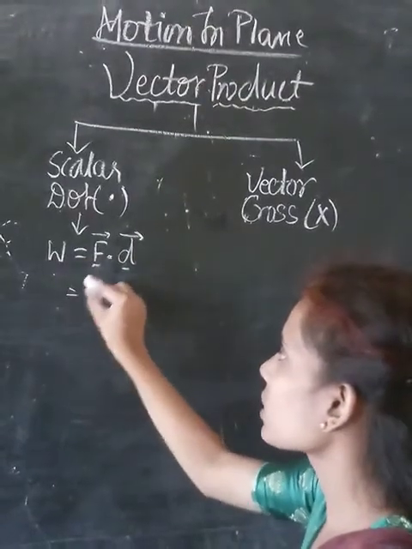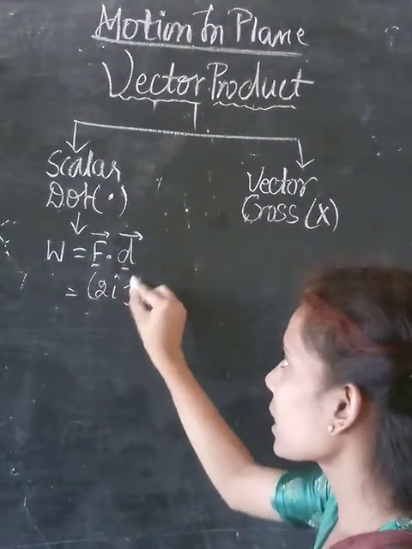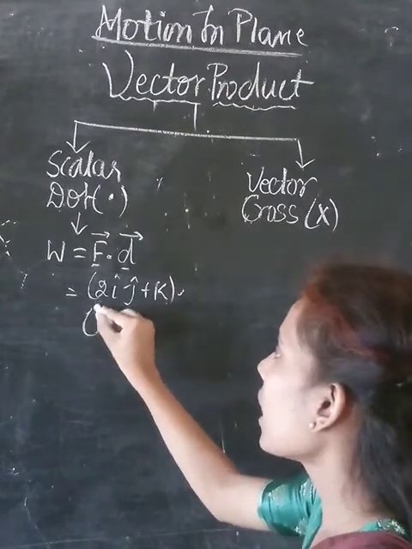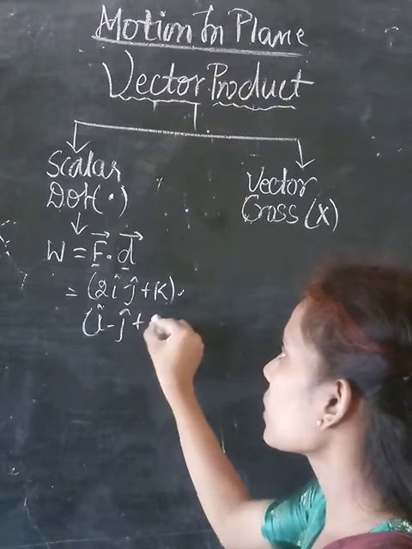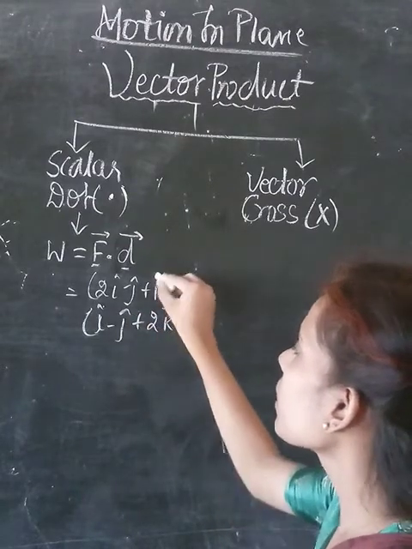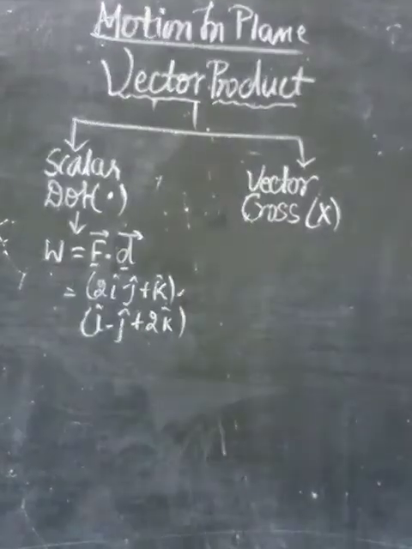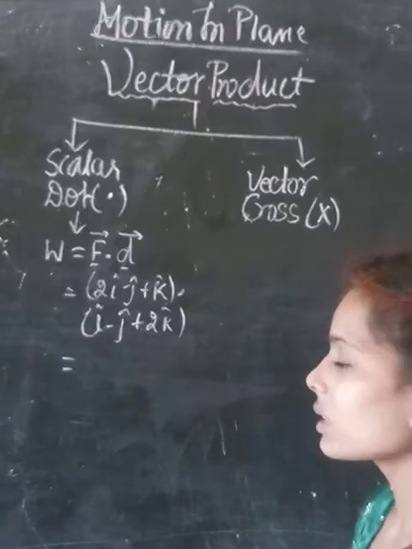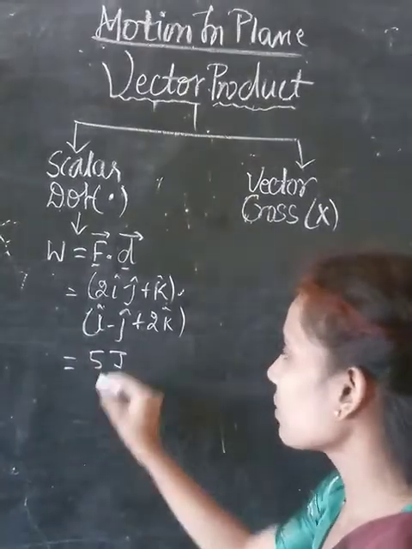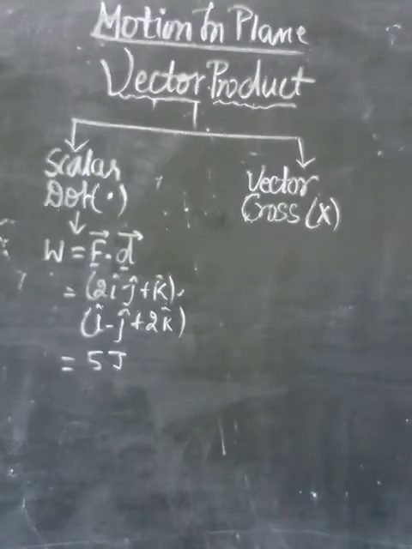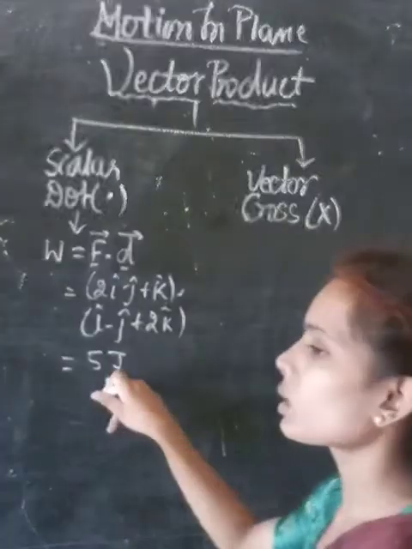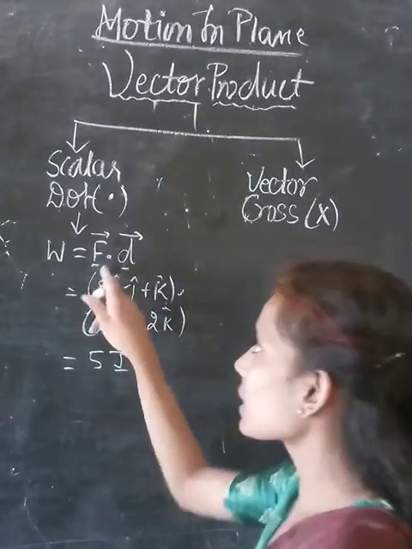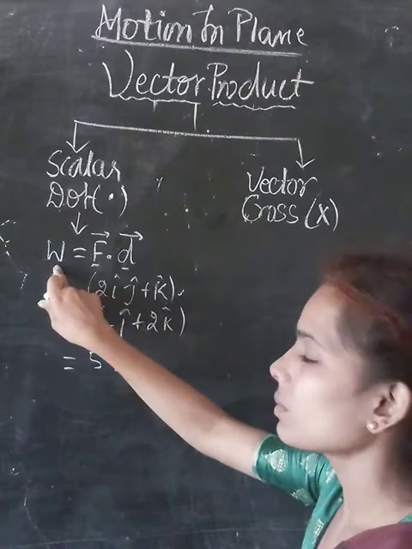For example, the force is given as 2i minus j plus k, and it is multiplied with the displacement, that is given by i minus j plus 2k. This is an example. If you take the product of these two vector quantities, you will get the work, but the work should be in the form of magnitude. We have learned that work is in joules, right? Can we write here 5i? Because work done can be in any direction, but it depends on the magnitude of how much work is done, right? So the unit is given as 5 joule. So on multiplying these two vector quantities, we are getting a scalar quantity.